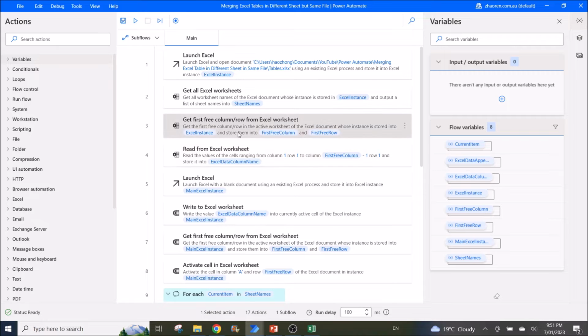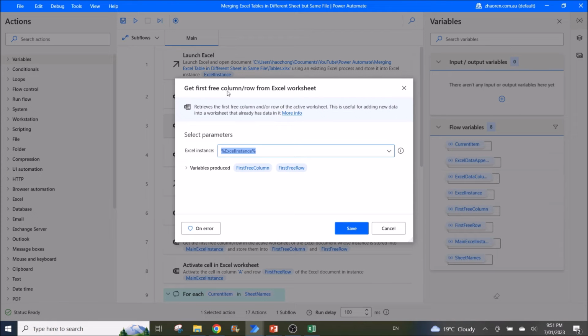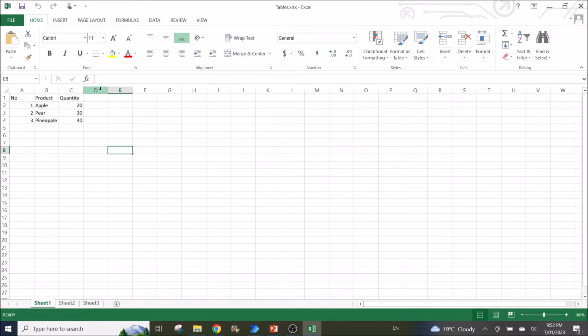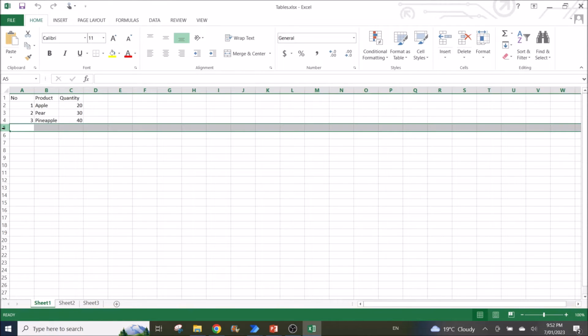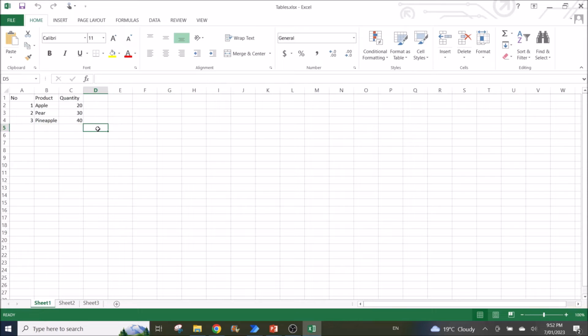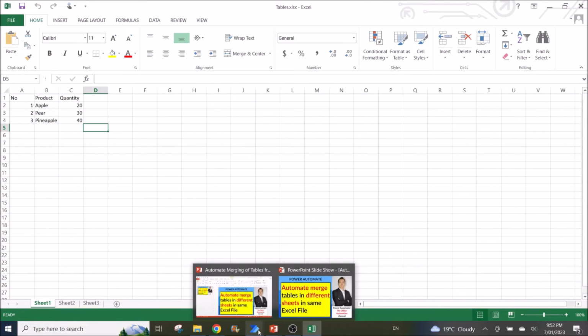So step 3 is get first free column/row from Excel worksheet. Excel instance is Excel instance. What this will do is get the first free column, which is column D, right? And the first free row, which is row 5, right? So the next step is